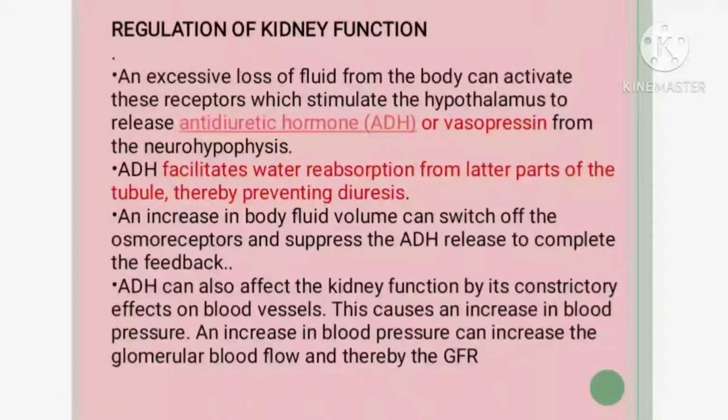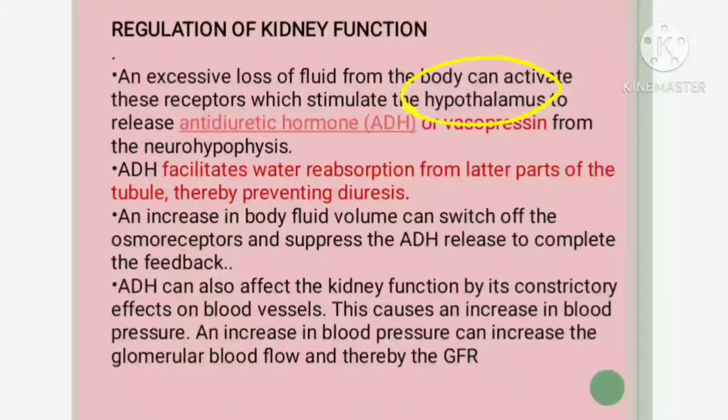When there is an excessive loss of fluid, fluid from my body is lost a lot, so the blood has less amount of water now. The blood is moving to the brain. As usual, when the blood is being pumped, it reaches the brain as well. When it reaches the brain, the blood having less fluid is detected by some receptor cells. Receptors means cells which receive signals. The receptor cells present in the hypothalamus sense that.